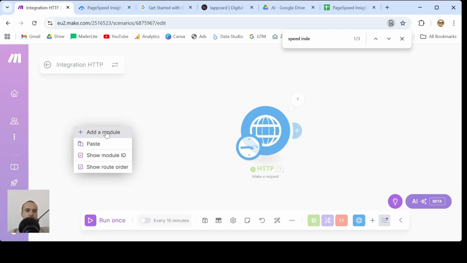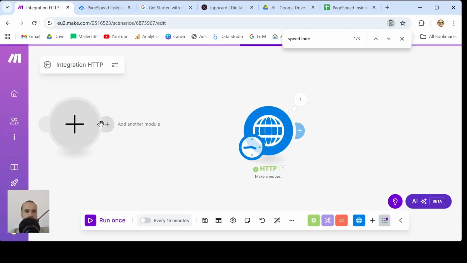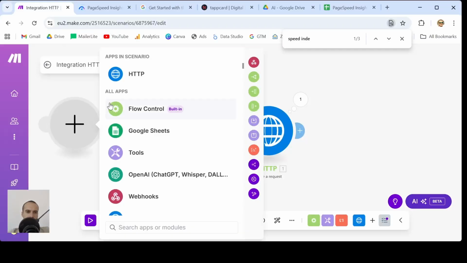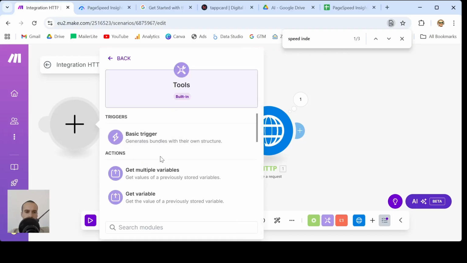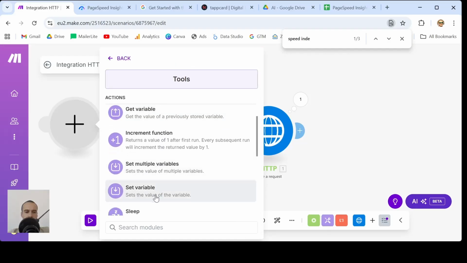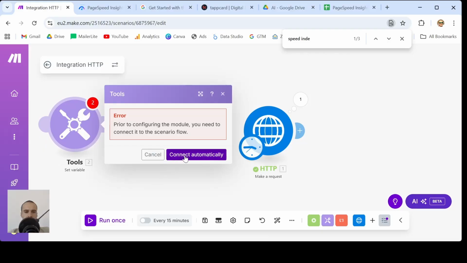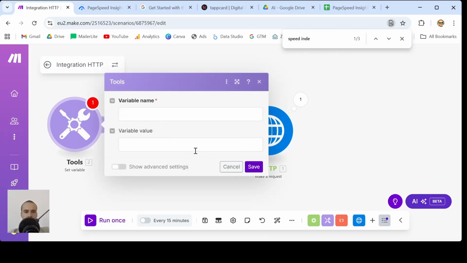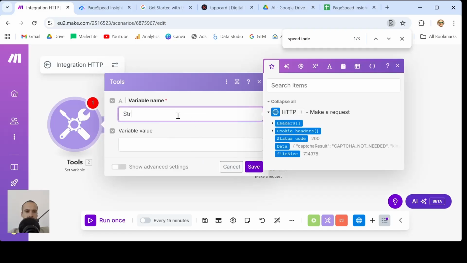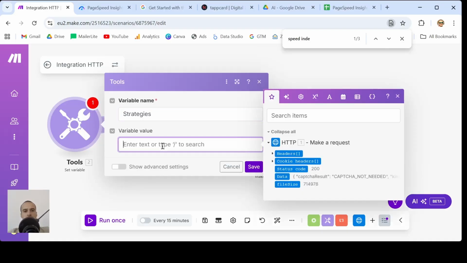So you can just right click anywhere, click add new module. And here we will need a set variable module, and we'll call it strategies. Just go here, and under tools you will see set variable. Okay, and we set its name as strategies, and the variable